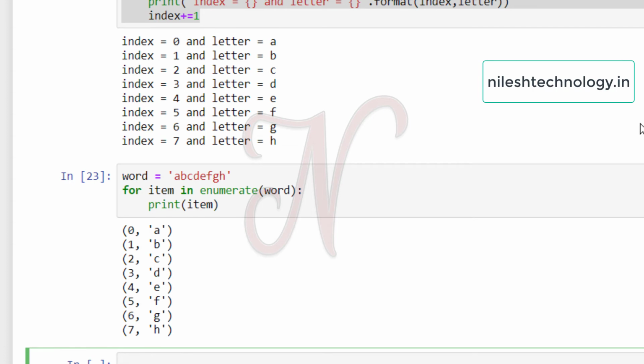Okay, so by using this example, by using this enumerate function, this tuple is generated and in that tuple there are two parameters, index and the character, and index is incremented by 1 automatically. So this is basically doing that index count for us automatically in the form of tuples.